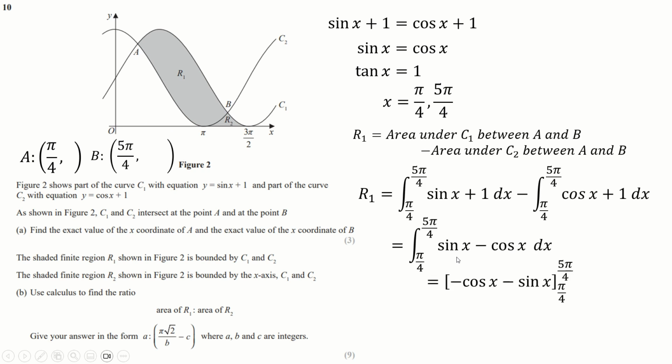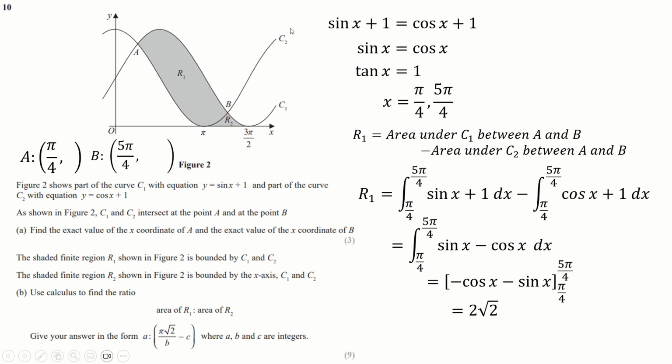Then do some integration. Cos integrates to sine. Sine integrates to minus cos. And then, yeah, this is what I was saying. This would be actually quite interesting if you weren't given a calculator, but you are. So that's really boring, and you just end up with this answer as long as you're capable of typing something correctly. So that's R1. And now R2, what I decided to do was split it down here and say R2